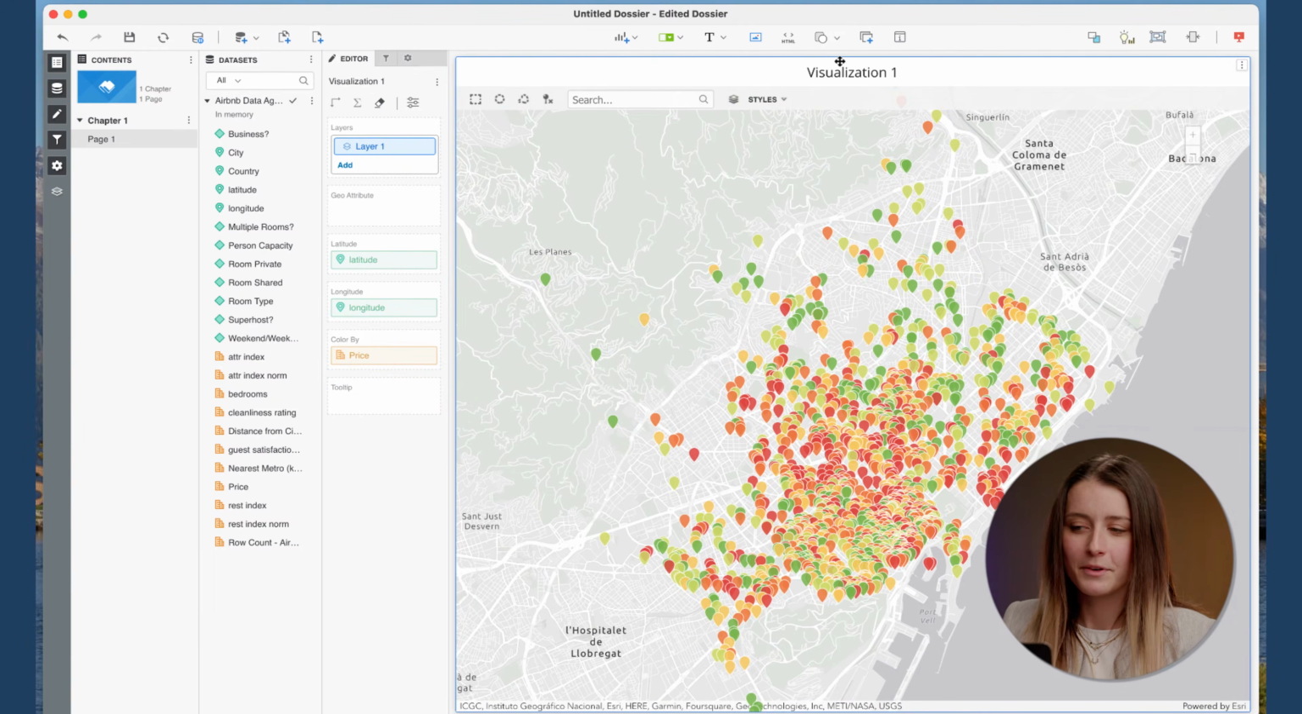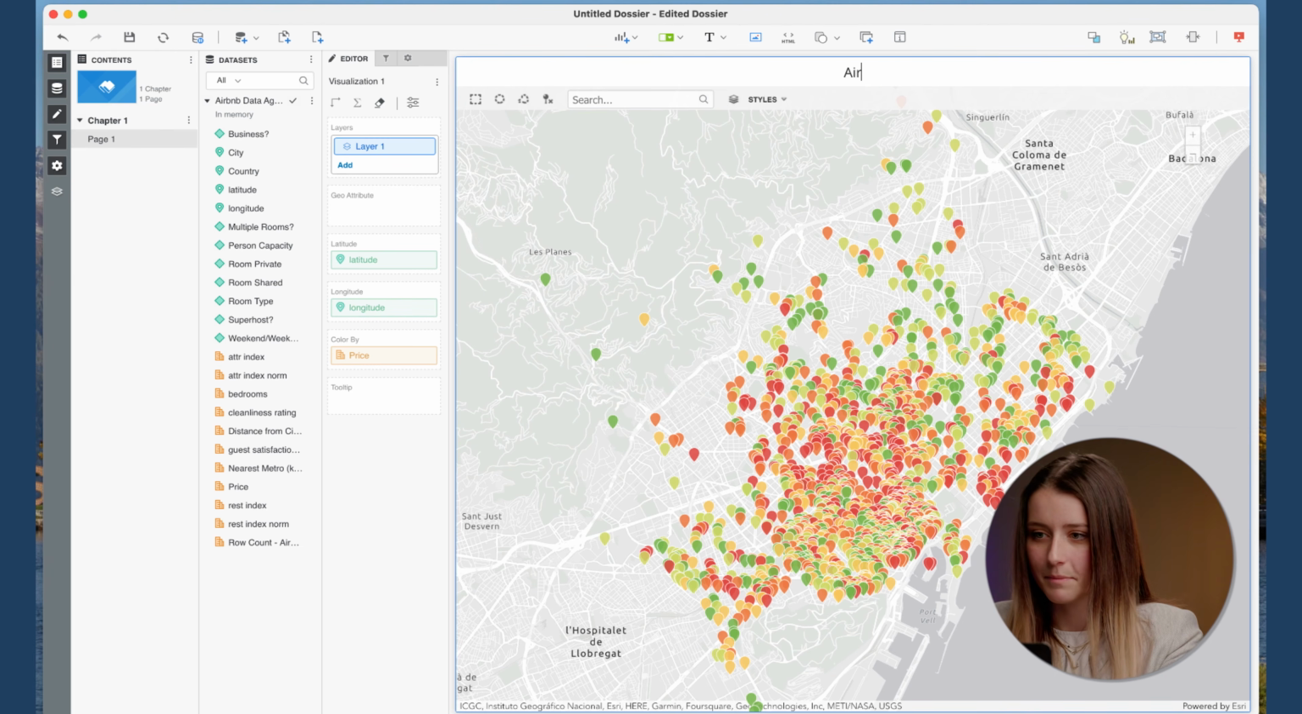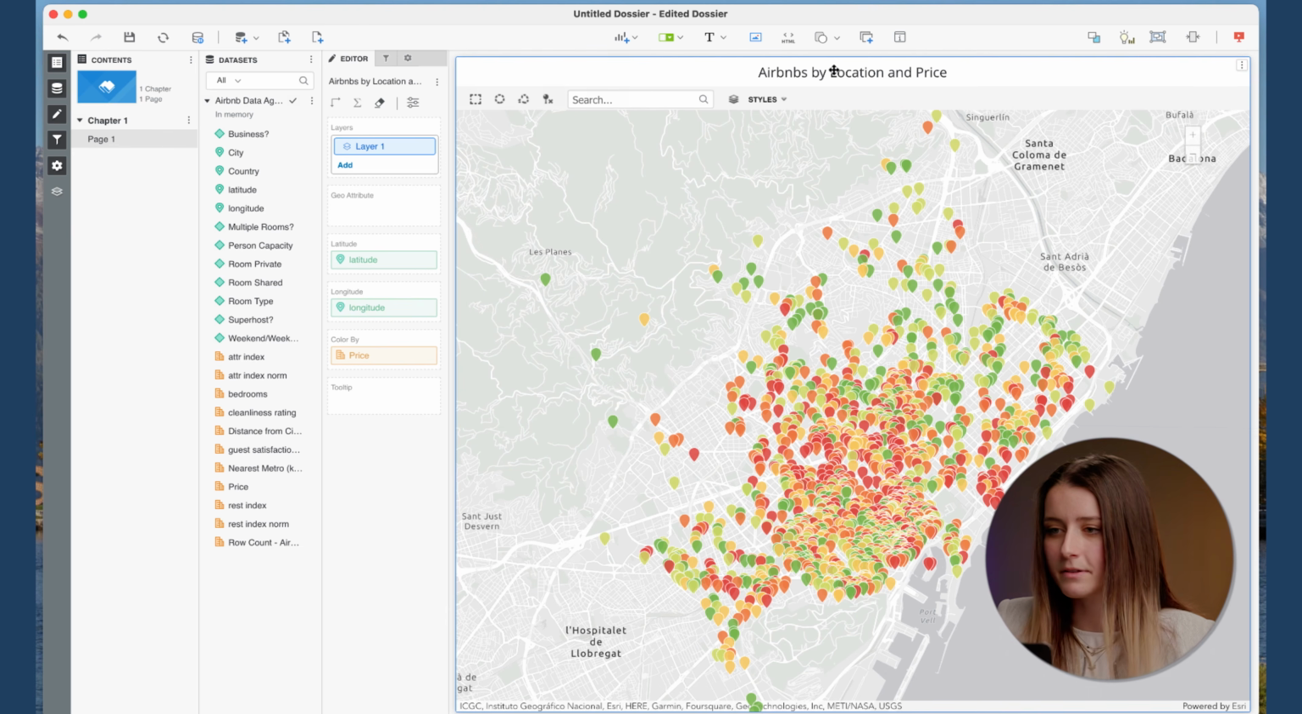So the next thing I'm going to want to do is I'm going to actually want to name my visualization. So in this case, I will name it the Airbnbs by location and price. So the way we do that, again, we had that default title bar at the top here, but when I double click on it, I can rename my visualization and you can just type in the title that you want